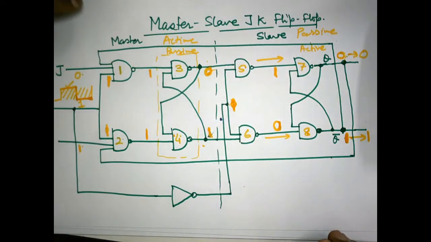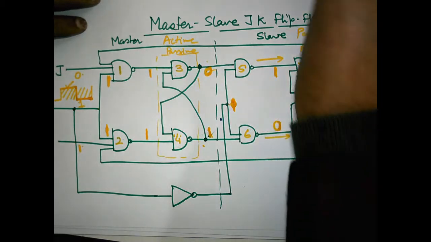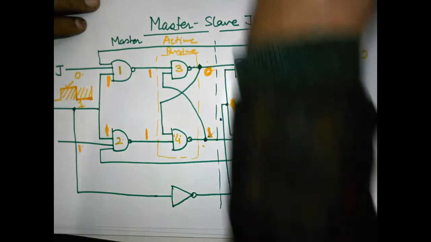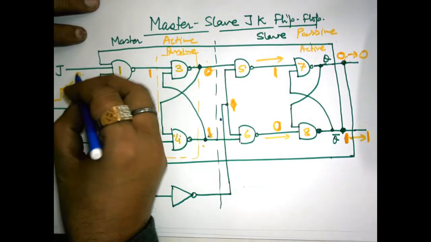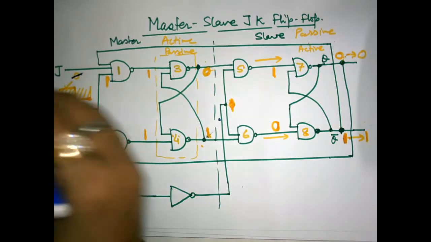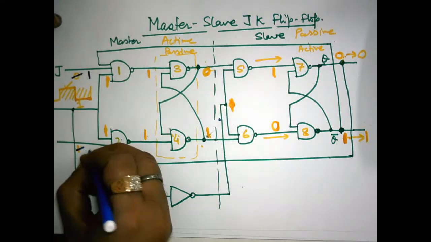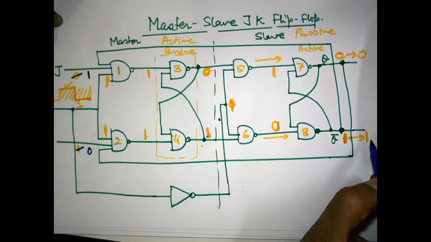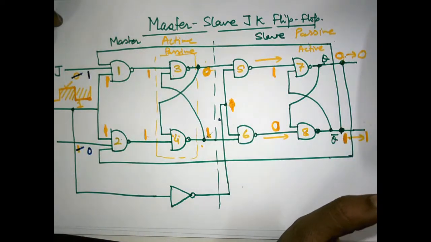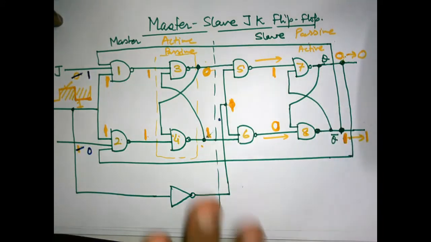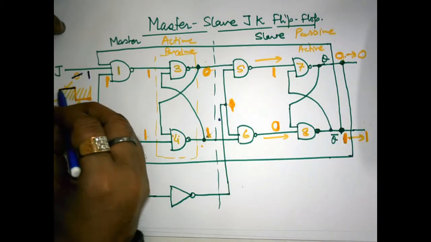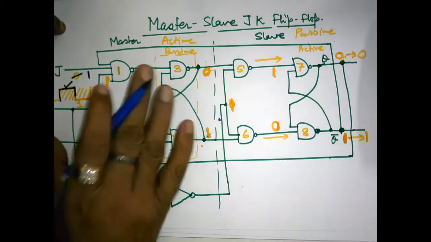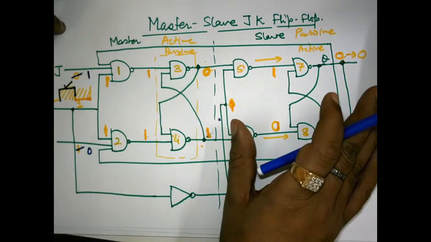So I have simply written that input output situation. Now suppose we are going to change the input, and I am simply writing the changed input with a different color. The changed input is 1 0. Present state is 0 1. Now I am proceeding with the currently available present state. Okay, present state is this 0 1, and we are getting this part of the clock at the clock input, means level 1. So the master part of the circuit is active, the slave part of the circuit is passive.